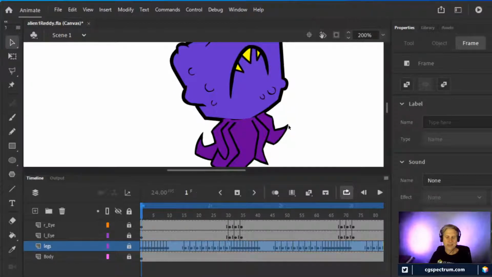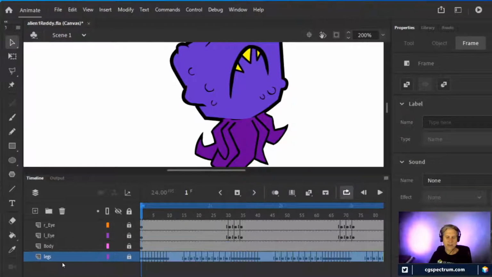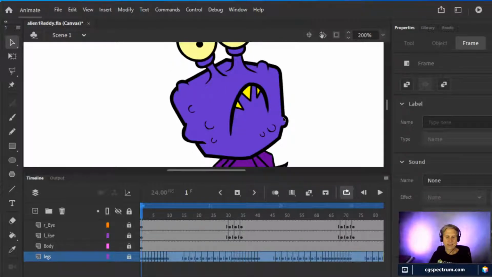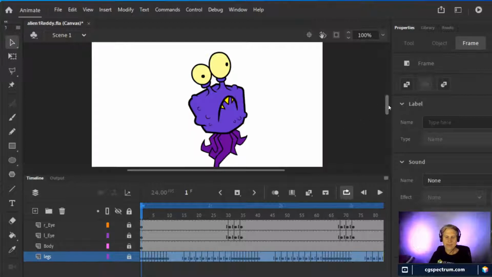So there you can see there's that purple line that separates the legs from the body. The lines of the legs, I didn't draw them all the way to the top because I knew I didn't need to. I knew the legs would be behind the body and it would look like this when it was done, nice and clean and neat, and everything lined up so that it looks just like the original drawing when you put it all together, like so.